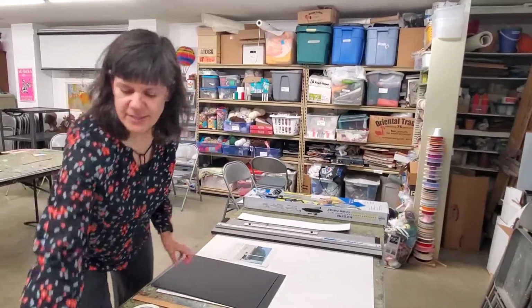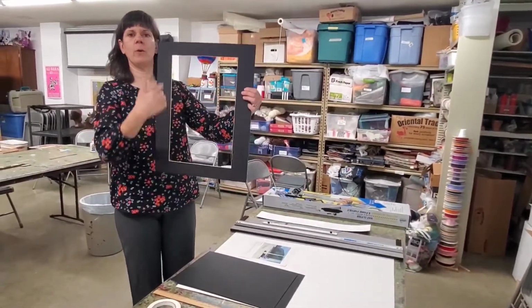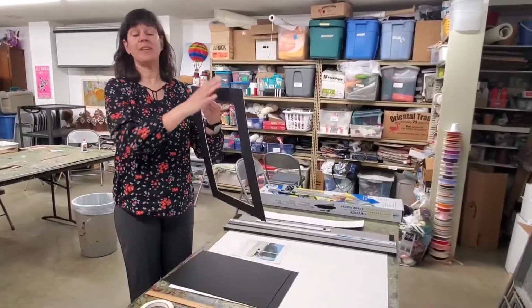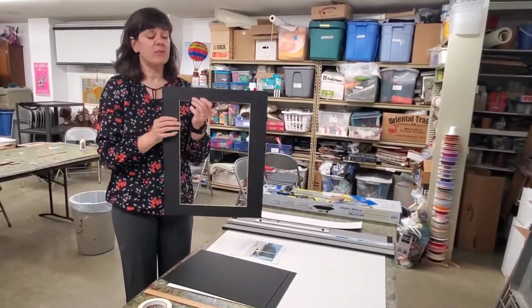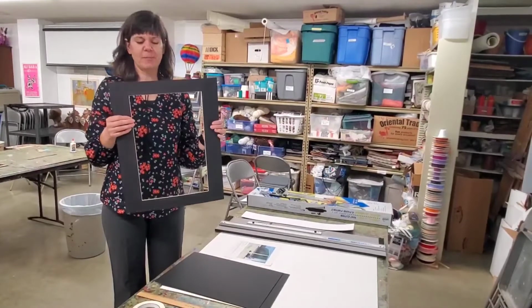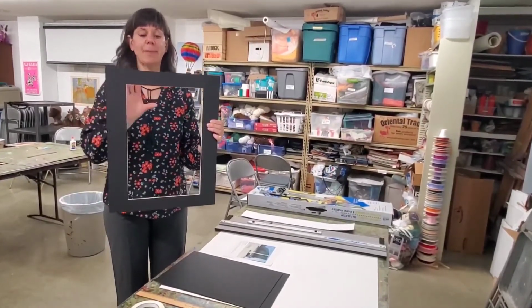And what I mean is, like I said, I'll use my example here. This is the window, the hole there. So what we want to figure out is how big we want the edges. And if we want the edges to be equal, or if we want maybe one side to be bigger or smaller. You can do that, and that looks sometimes kind of good, and it's called asymmetry. Sometimes you'll have the top and the bottom will be bigger than the sides. Sometimes you'll have the